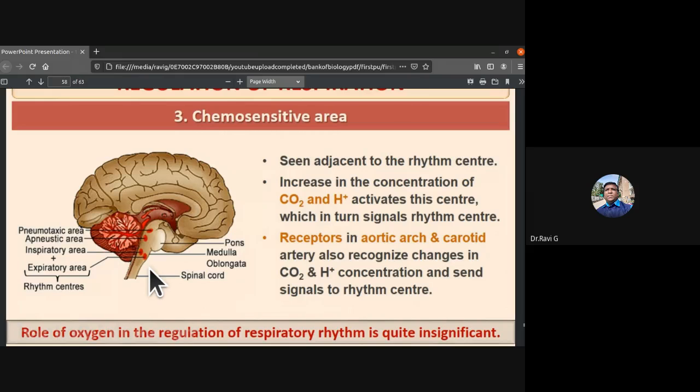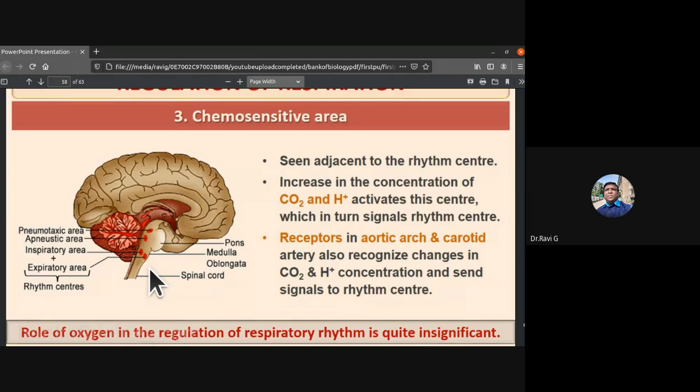So both of them are sending from the brain. Also, there are signals to the rhythm center, and the receptors also send signals to the rhythm center of the brain whenever there is a change in the concentration of carbon dioxide and hydrogen ions. That is the chemosensitive area. So the role of oxygen in the regulation of respiratory rhythm is quite insignificant, but carbon dioxide has an important role